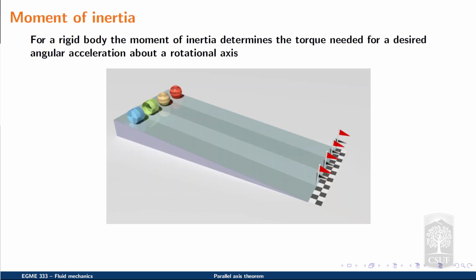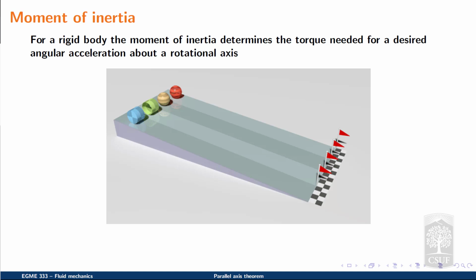So let's first begin by discussing the moment of inertia. For a rigid body, the moment of inertia determines the torque needed for a desired angular acceleration about a rotational axis. To visualize the effect of the moment of inertia, let's consider four different objects that consist of the